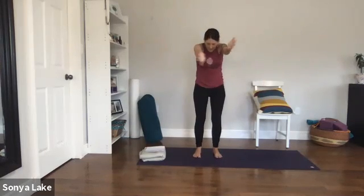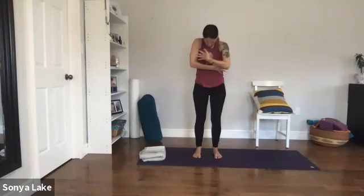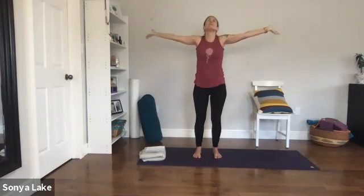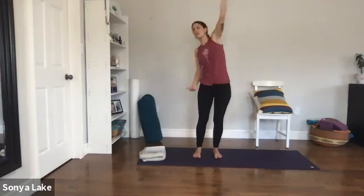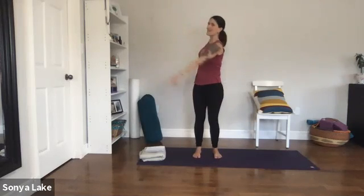I'm going to open my arms now wide and continue to move through the spine, but I'm doing this more of a, I don't know what you call this, like a butterfly, so I'm just flapping my wings, closing my wings and opening, bringing the chest forward. So honestly, you can just move here however you want. Bring all those movements in together, swinging the arms one at a time,